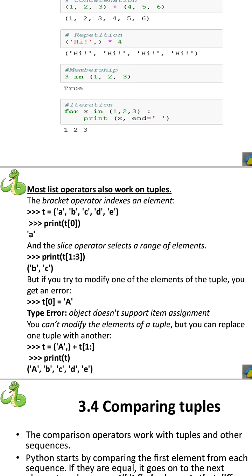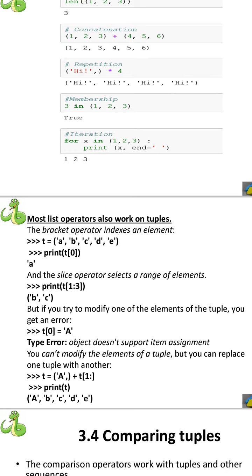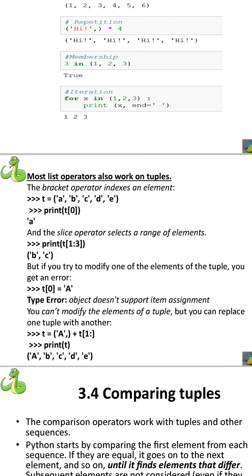In the second iteration, it copies the second element of our tuple, that is 2, to x, and 2 is printed on the output console. Similarly, in the third iteration, 3 is copied to x, and using the print statement I am printing 3 on the output console. After that, the tuple has no more elements. Due to that, the for loop is terminated. Hence, in the output we can see 1, 2, 3.